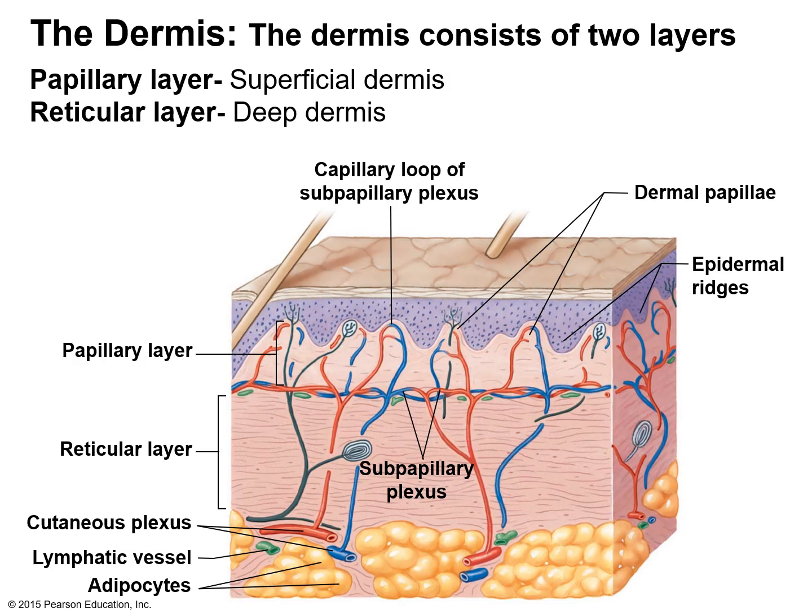Deep to the epidermis is the dermis. The dermis consists of connective tissue. The dermis is also part of the skin. Now the dermis also has two layers. The superficial layer is known as the papillary layer and the deep layer is known as the reticular layer. It's also shown in the figure.